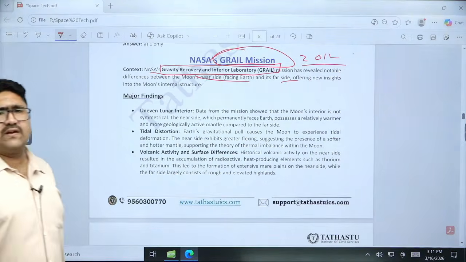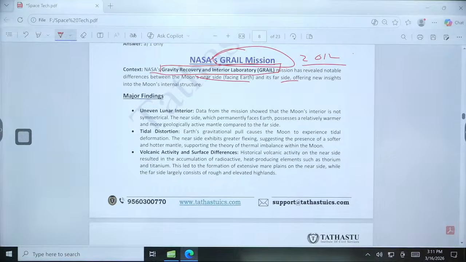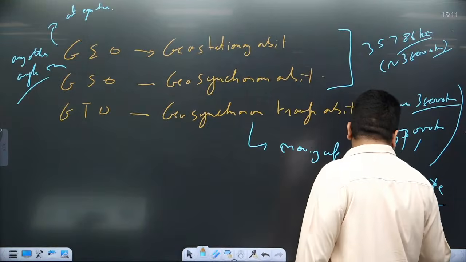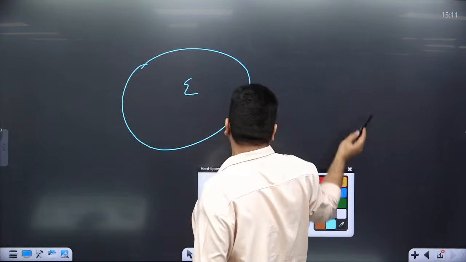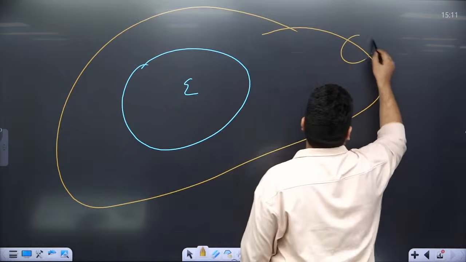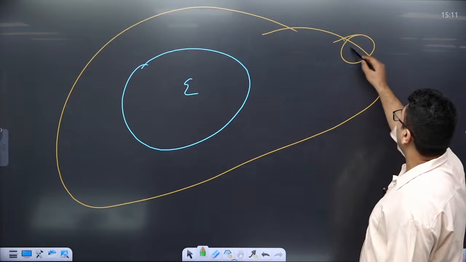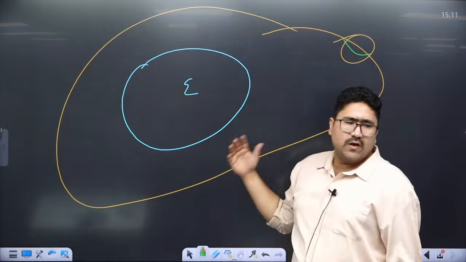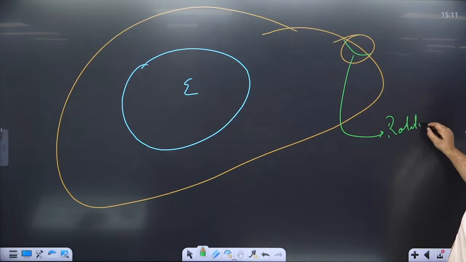After analyzing the information, the GRAIL mission says that there is a difference between the near side of the moon and the far side of the moon. First of all, we should remember that the moon always faces the earth on the same side. So if we have earth and there is moon that is revolving around the earth, what you need to remember is that it is always the same side that is going to face the earth no matter what position, because the rotation speed and the revolution speed